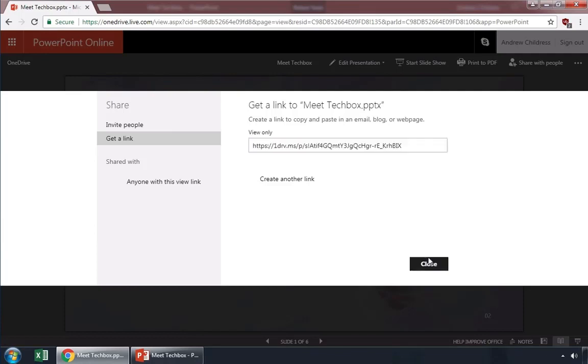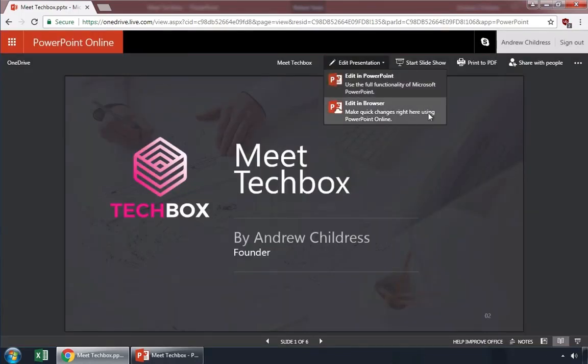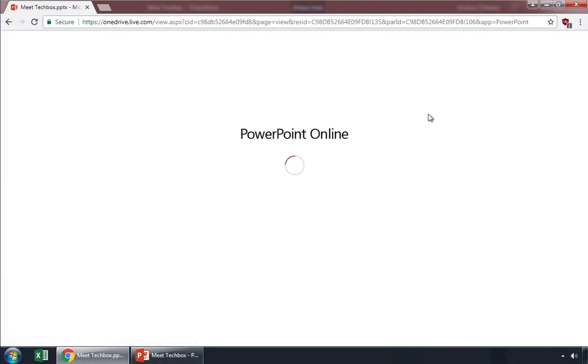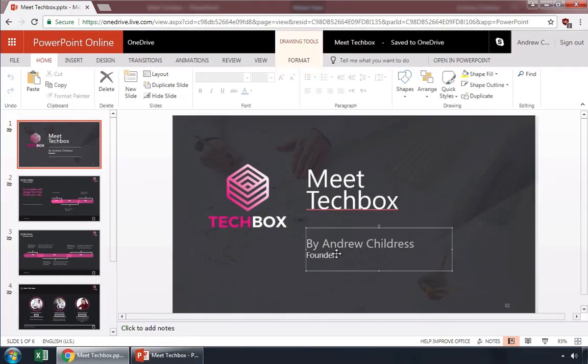Finally, I'll hit close and let's look at one last option. I'll click Edit Presentation here at the top and choose Edit in Browser. I just want to show you that you can really make quick edits to the presentation even from a web browser. If you see a typo or a change you need to make at the last minute, this can be